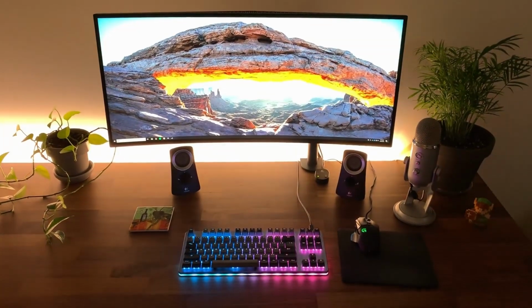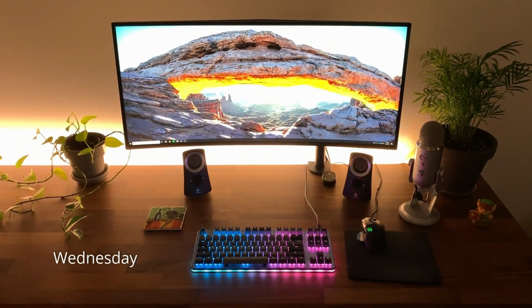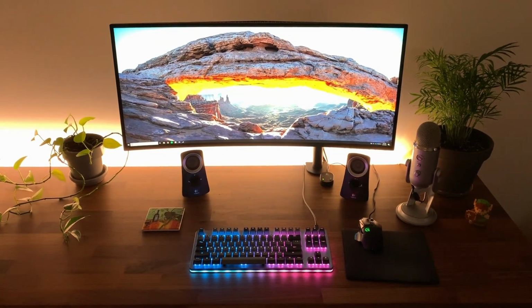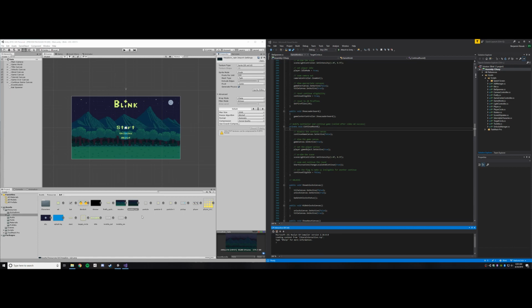Good morning, folks. It's just after 6 a.m. on Wednesday morning. You'll have to excuse my voice. My allergies are driving me nuts, but we're going to power through and make some more progress on the rain effect. So I've got my art asset that I created last night imported into Unity down here,